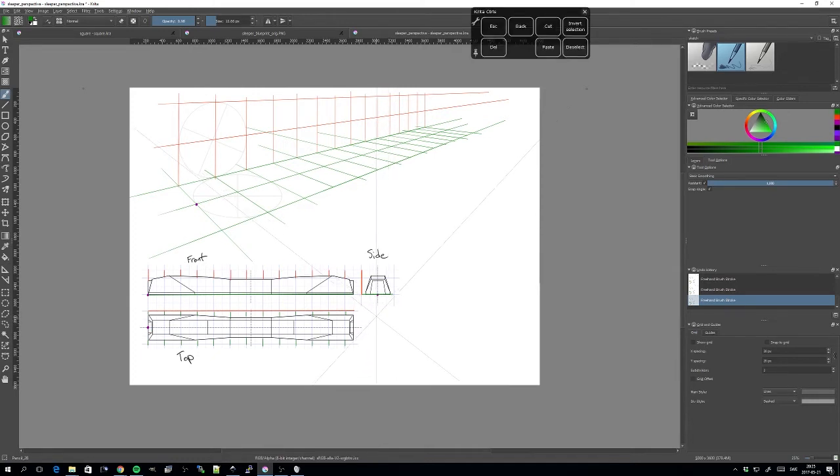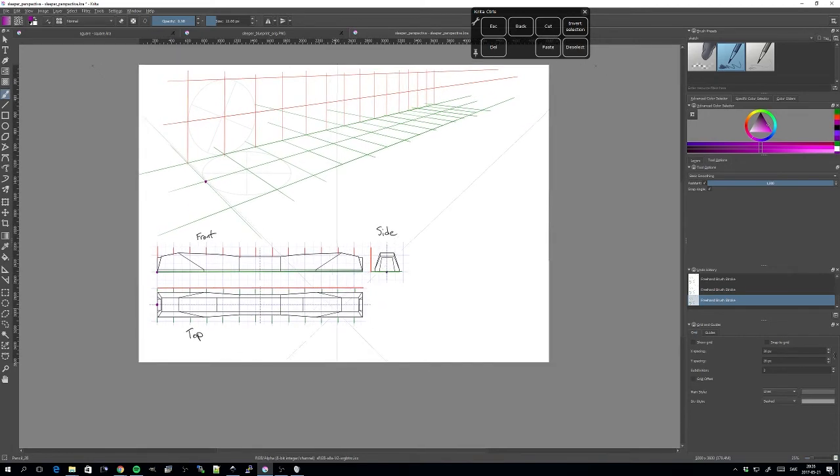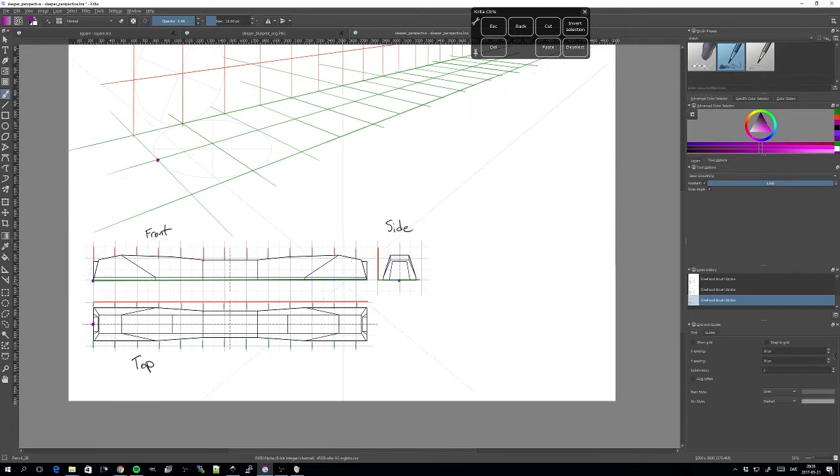And now, what I'll begin with is actually I want to draw a shape, and I want to transfer it from the two-dimensional blueprint onto the perspective view. And the first shape, I'll try to take something simple, and the simplest line in this blueprint is probably the base of the sleeper. So it goes along the bottom here,